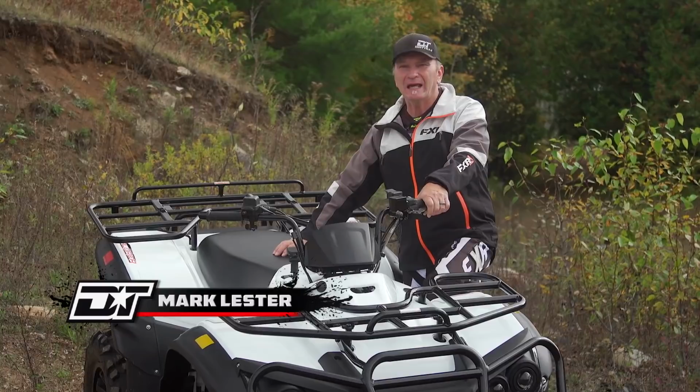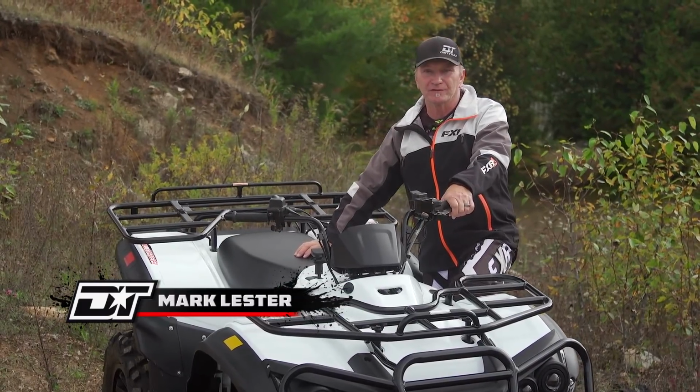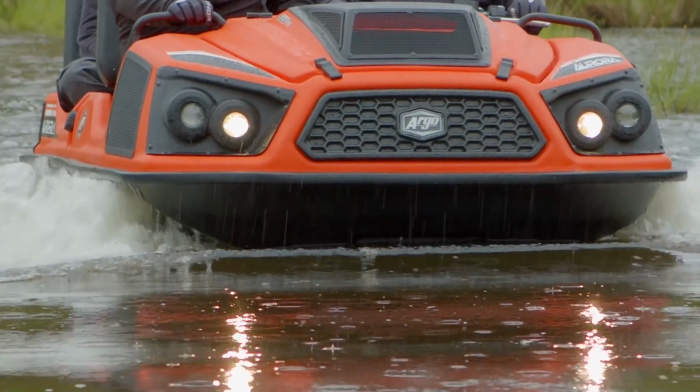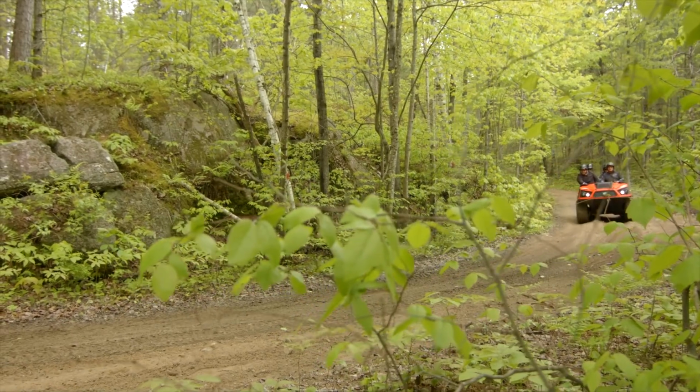Unless you've been living in a cave somewhere, you've no doubt heard of Argo extreme terrain vehicles. These 6- and 8-wheel drive conveyances literally defy comparison with any other vehicles in the off-road industry. Argo XTVs are legitimately iconic in the off-road world. They can go places no other side-by-side or ATV can, and they do it hauling up to 4 people and